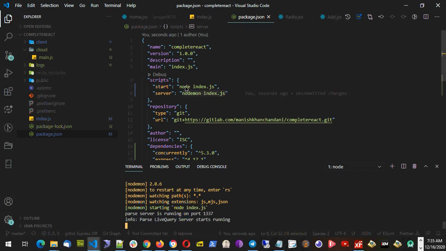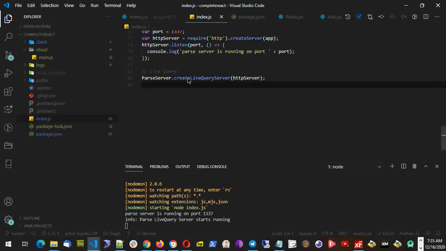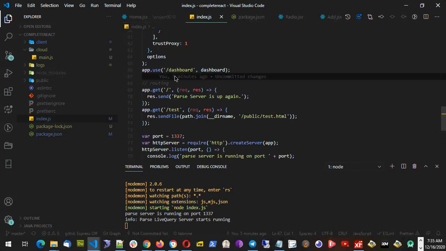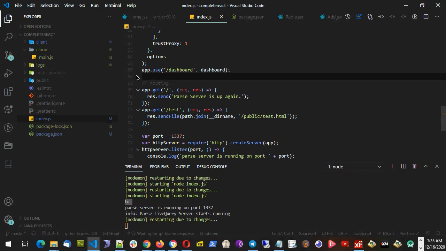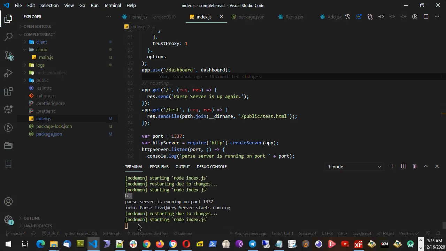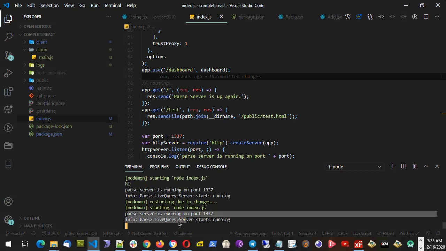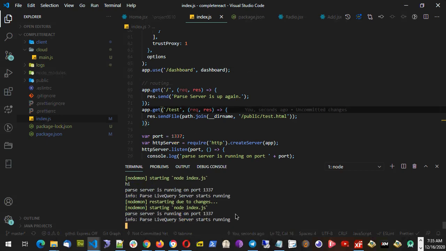Now, what is the difference between nodemon and node? In nodemon, if I change anything here in the index.js, for example, if I use console.log hi, the server will restart, and I will be able to see this hi because I changed it. If I delete this, again the server will restart, and I will not see hi now. I will only see the path server is started. So nodemon